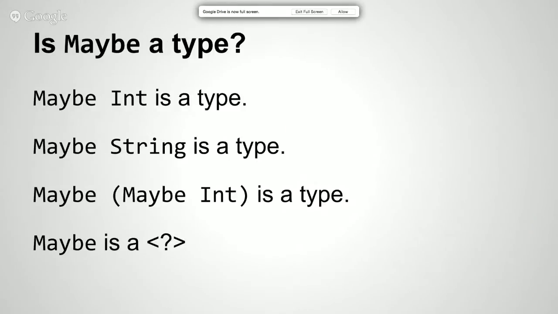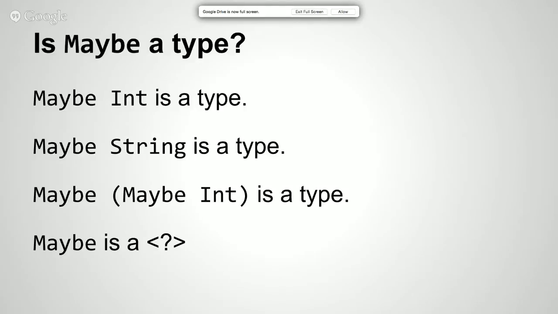But the first thing we have to do in order to address this is to ask, is Maybe a type? Certainly Maybe Int and Maybe String are all types. Is Maybe a type? It's a type constructor. Does that mean it's not a type class? No, it's not a type class, actually. It's an option or whatever the name of it is. Like, I don't know what the, like maybe it's a constructor in the union that is called whatever that